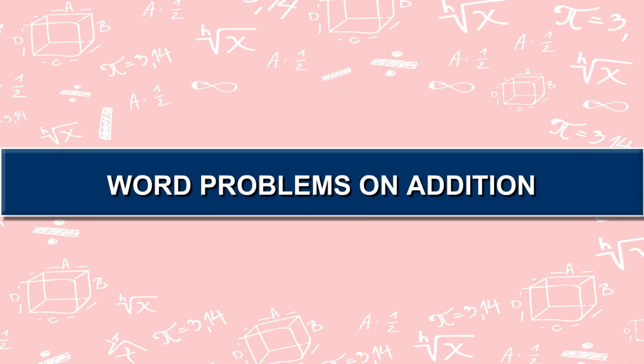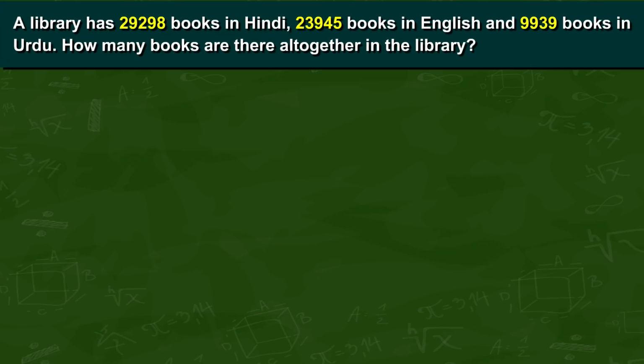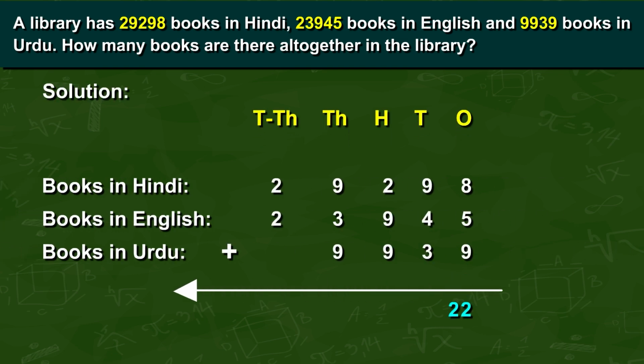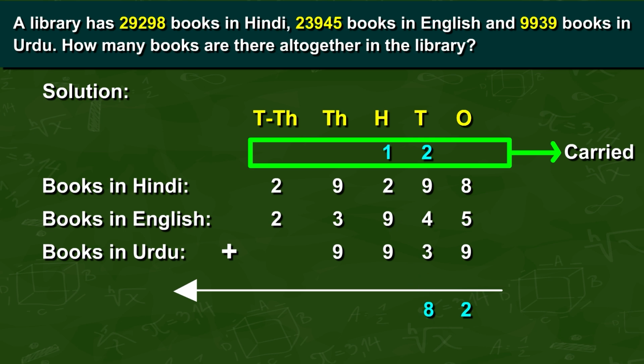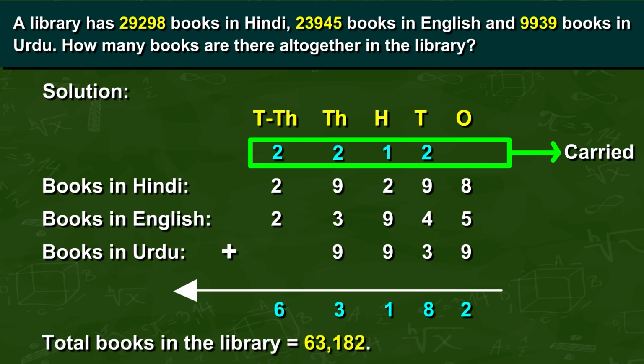Word problems on addition. A library has 29,298 books in Hindi, 23,945 books in English, and 9,939 books in Urdu. How many books are there altogether in the library? Let's find its solution together. Total books in the library is equal to